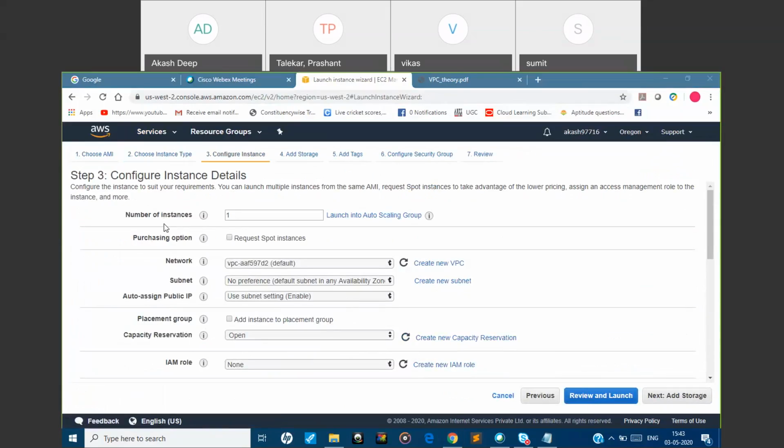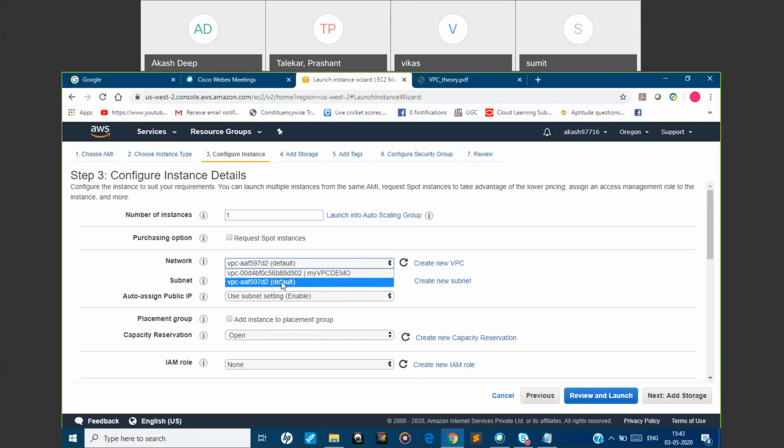See, earlier we used to directly click on add storage, right? Because we didn't know anything about VPC, what a VPC is, so we used to do it like that. But now we have created our own VPC. This list is the default one that AWS used to give you. So suppose this VPC were not there. As of now, we have created this VPC.